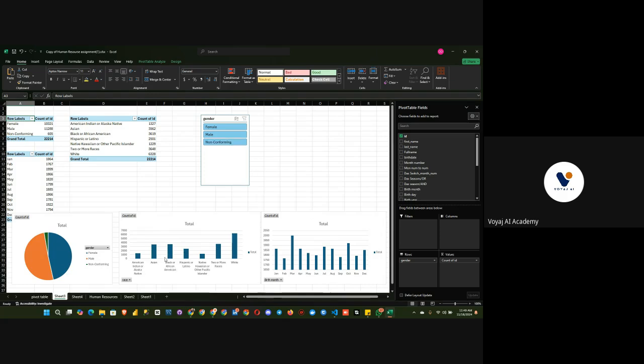I'm trying to see how I can use this slicer to kind of affect everything here, but